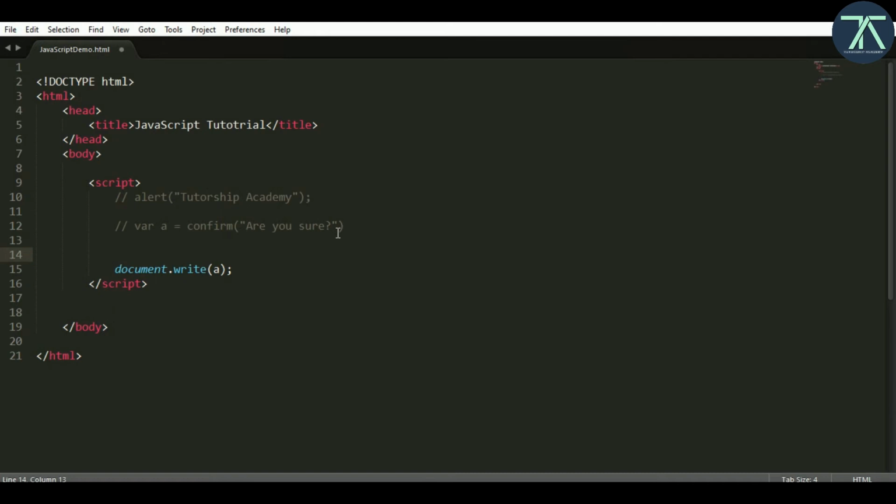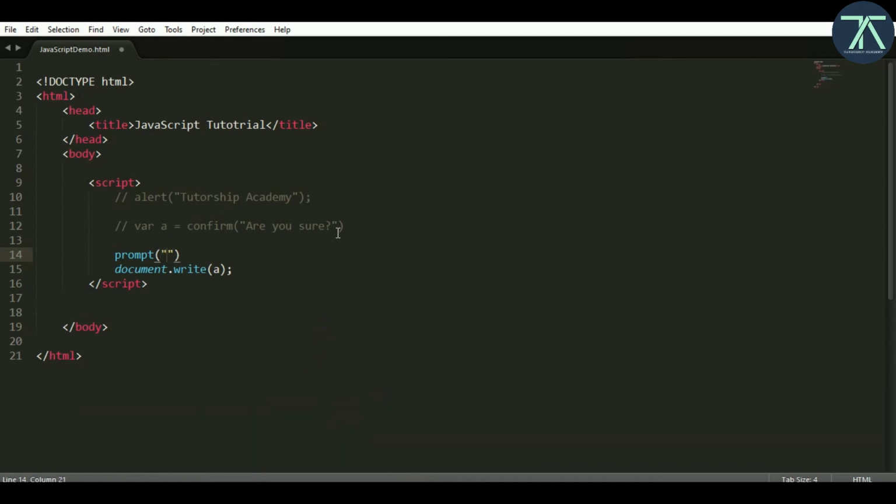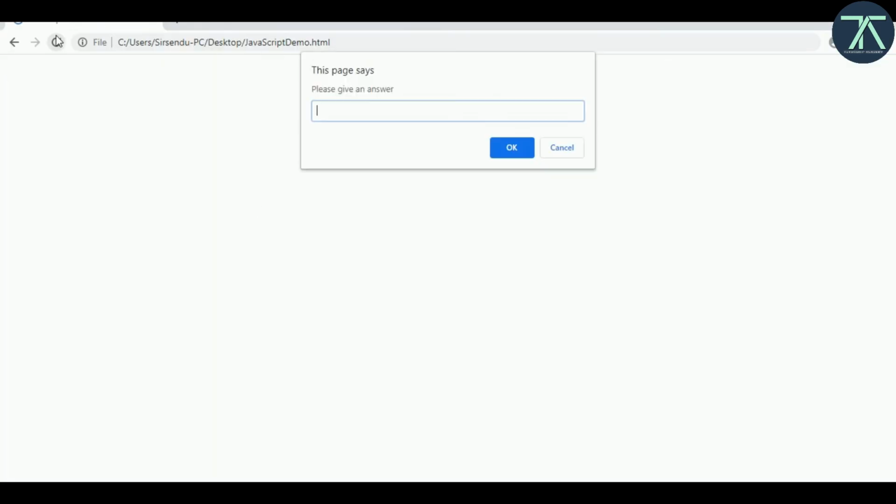Next we have prompt. If I write something like, please give an answer, and declare another variable a before it and save it. Now if I go to the browser and refresh, you see it came with a text box.